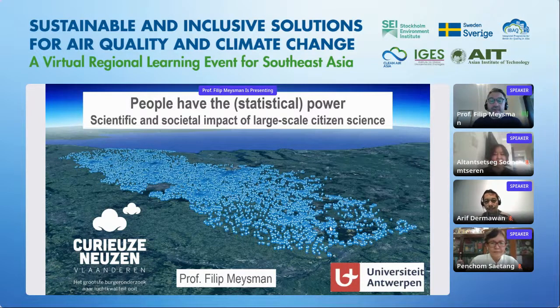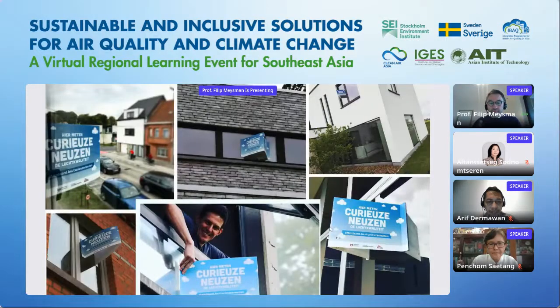Essentially, being a scientist, I want to cover a whole country with dots, locations where the air quality is being measured. Here you see a map of Belgium, you see the North Sea, and here you see 20,000 locations where citizens have measured the air quality for us. There are good reasons to be big. The air quality was measured by a panel that people attached to the window at the front of their house, and it stayed there for 4 weeks. Then they sent it back, we analyzed it and measured the air quality.